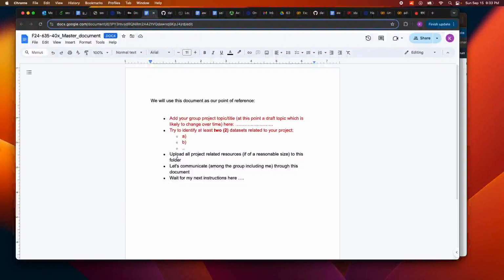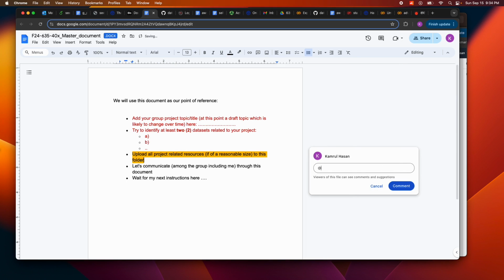As I mentioned, also try to upload all your project related resources if those don't take a lot of space. And you can tag on this document. For example, if you want to add a comment that, I don't understand this point, you just add a comment and assign it to someone.